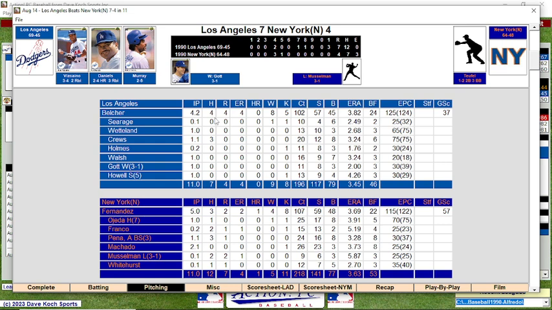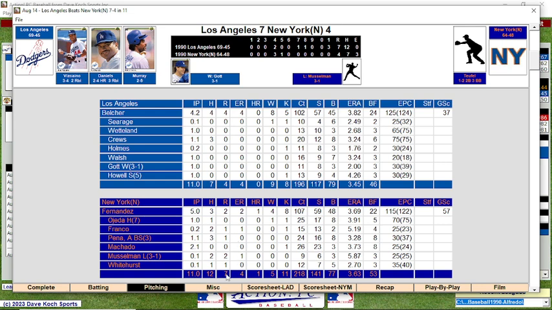There's Belcher, 4 2/3, 4 earned runs. And look at the bullpen. That's just impressive. That's 6 1/3 innings pitched, 3 hits, no earned runs. And here's the walks. 8 walks by Belcher in 4 2/3. That's not good. Fernandez pitched really well, but we did make him throw a lot of pitches, and they decided to pull him. They thought Ojeda and the rest of the guys would do the job, and they did not.